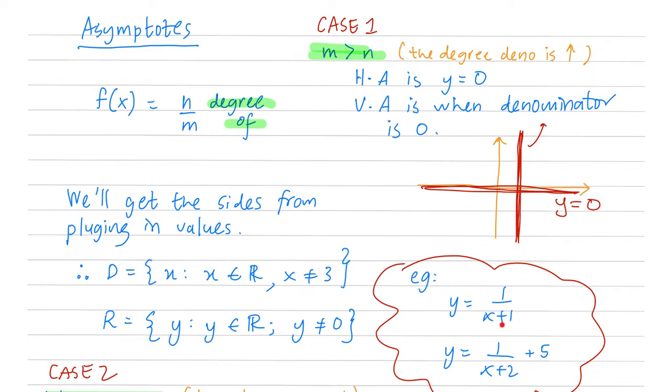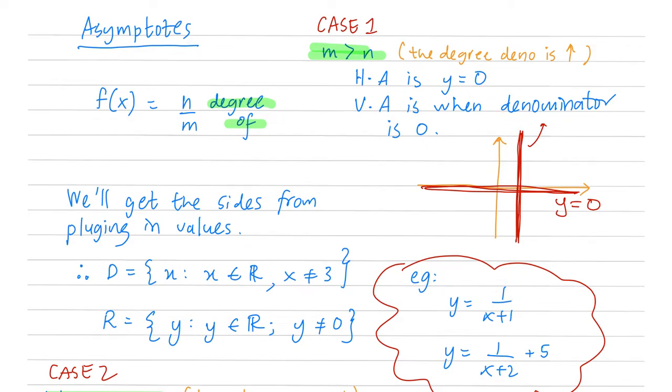When this happens, the denominator can't be 0, so the vertical asymptote would be x equals -1 for this,